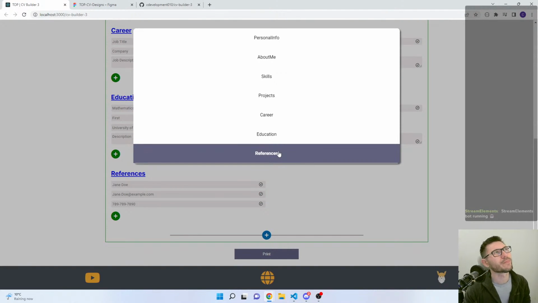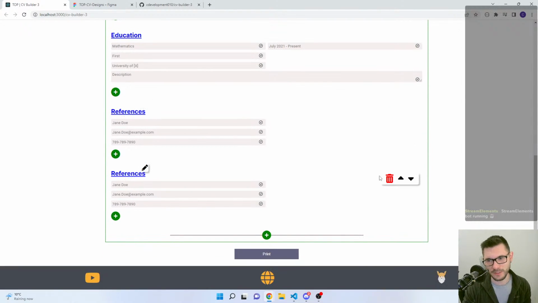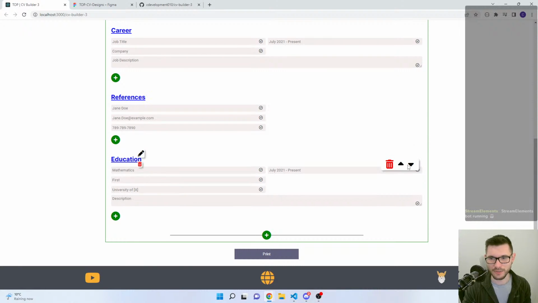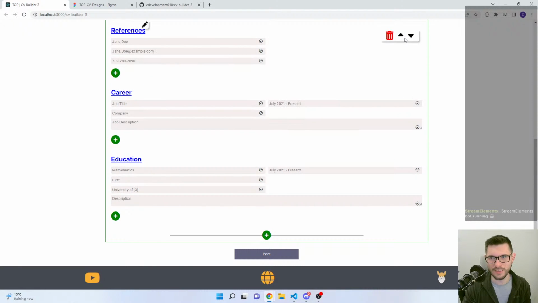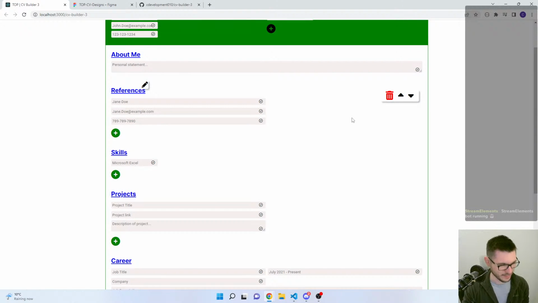I was scratching my head a little while trying to figure this one out. So I've just added in references there. References have been added, and I can delete it, which is pretty cool. I can also move things up and down. I thought, this is amazing. So I'll go over how I did that. If I open up my code somewhere,